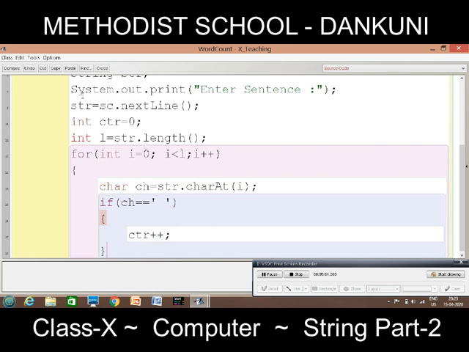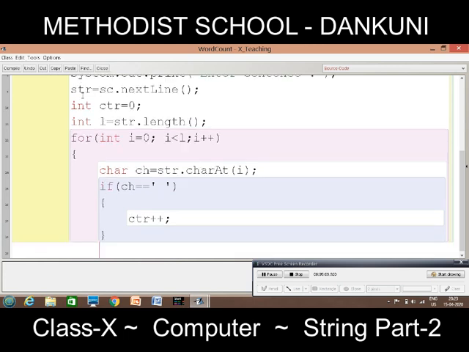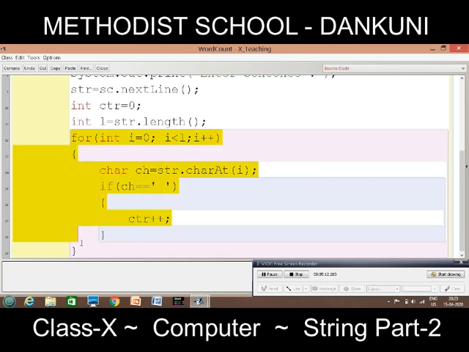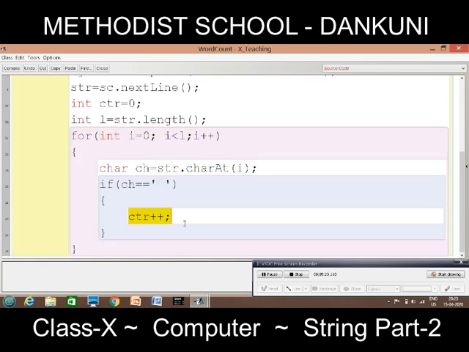Close the if. Then simply close the for loop. Now everything is done. This entire loop is used for extracting letters one by one and then checking whether it is a space or not. Only for a space the counter will be incremented.